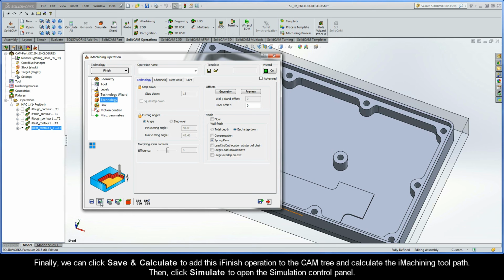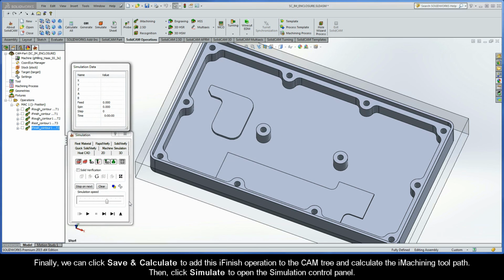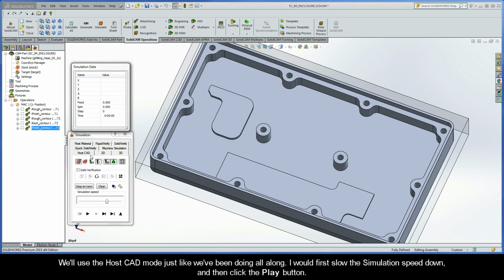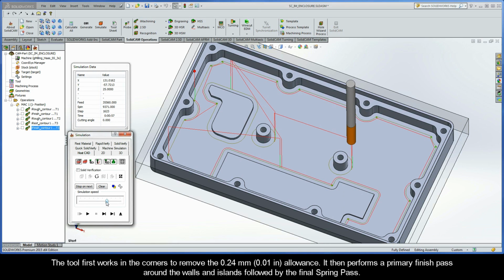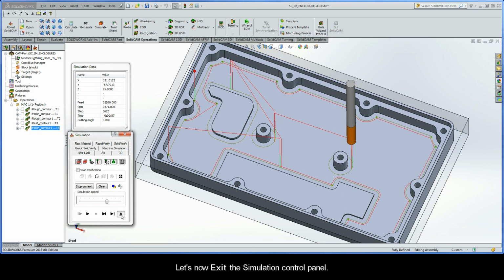Finally, we can click Save and Calculate to add this iFinish operation to the CAM tree and calculate the iMachining toolpath. Then, click Simulate to open the simulation control panel. We'll use the host CAD mode just like we've been doing all along. I would first slow the simulation speed down, and then click the Play button. The tool first works in the corners to remove the 0.24 millimeter allowance. It then performs a primary finish pass around the walls and islands, followed by the final spring pass. Let's now exit the simulation control